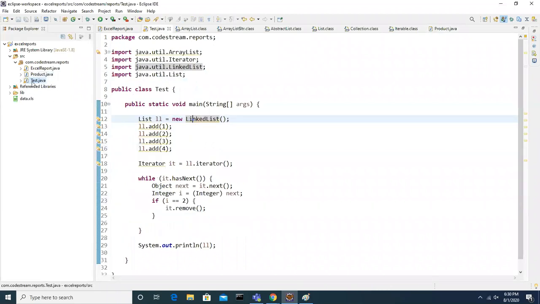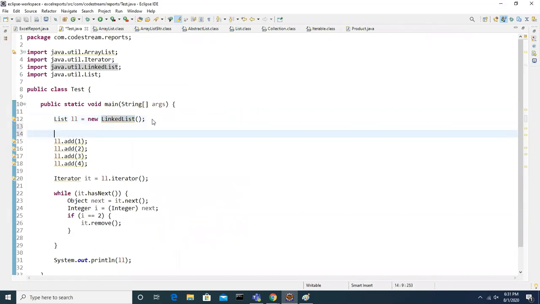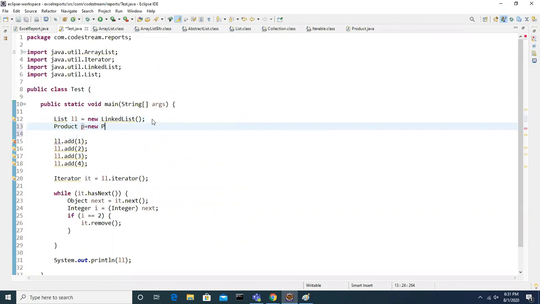Now, if you create a product object, let's say product p equal to new Product, look at this, this p I can add to this list.